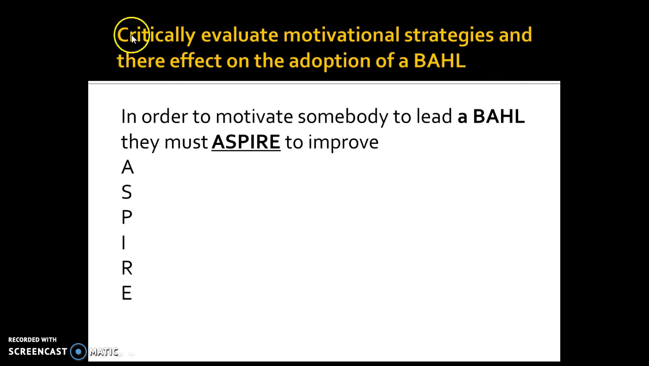Critically evaluate motivation strategies and their effect on the adoption of a balanced, active, healthy lifestyle. So the memory method for that: in order to motivate someone to lead a balanced, active, healthy lifestyle, the key thing they must have is the internal or intrinsic motivation and aspire to be better. So aspire gives you your acronym. From that, can you work out what the key motivational strategy is,